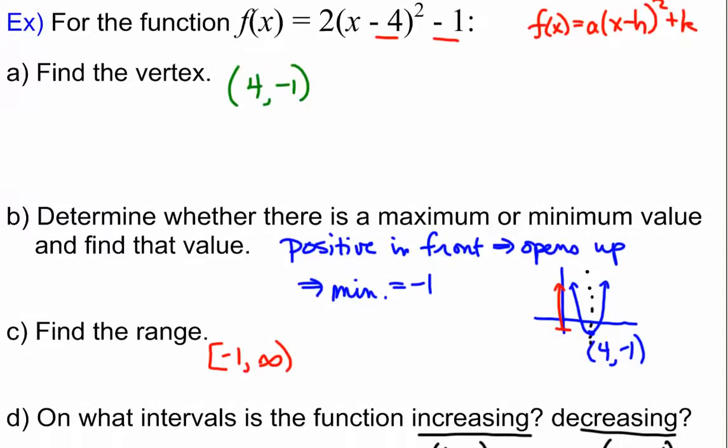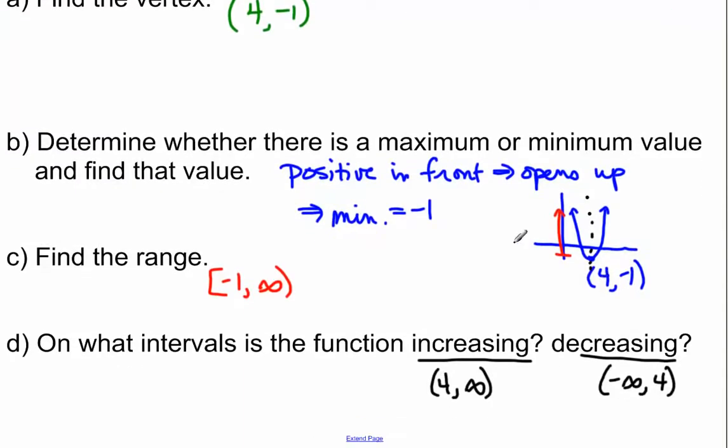Now what about the increase and decrease? Those are the x intervals, and that's moving left to right, what's happening to your picture. So draw in the axis of symmetry here, and note that this whole first section, as you're moving left to right, the picture is actually going down, isn't it? So it's decreasing from -infinity up to this line, which would be at x equals 4. So my decreasing interval is -infinity to 4. Again, we don't include endpoints with these increase-decrease intervals. Once I move past the axis of symmetry, 4 to positive infinity, the picture starts increasing. So my increasing interval is 4 to infinity.